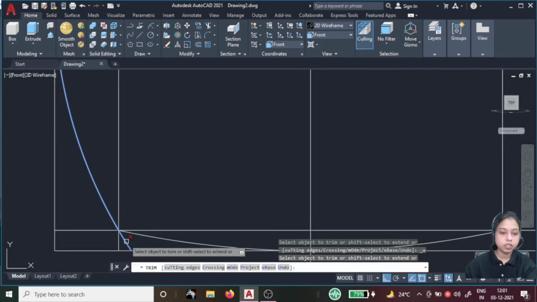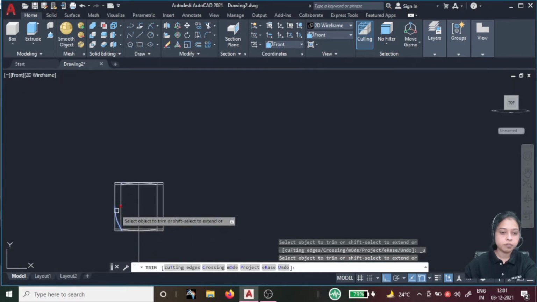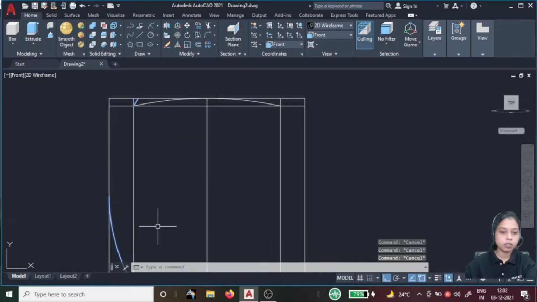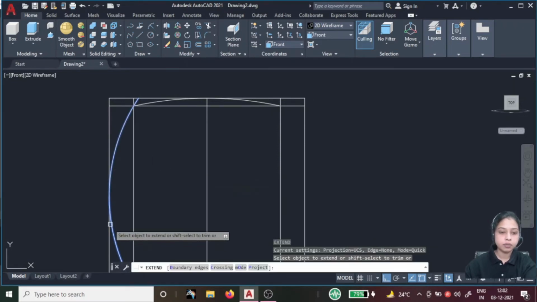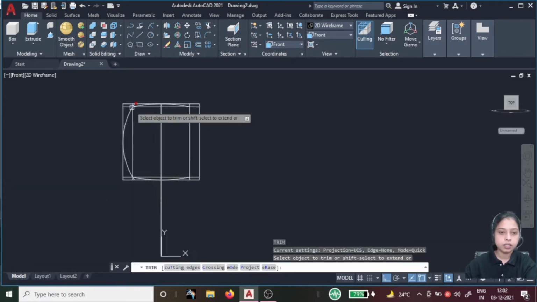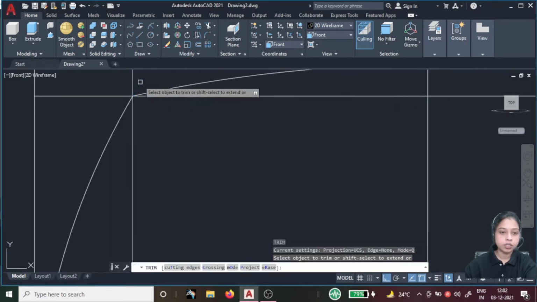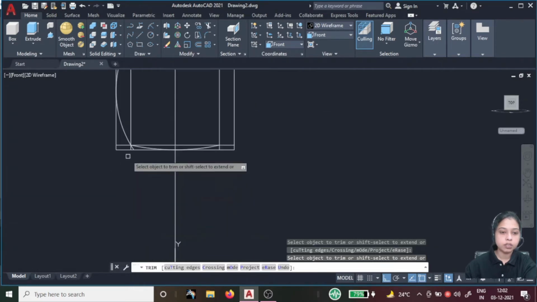Just zoom in. Now it's not trimmed, and go for the extend, EX, enter, and extend only this much. You can give the trim, TR, enter, and trim the unwanted entities, also trim the unwanted entities.